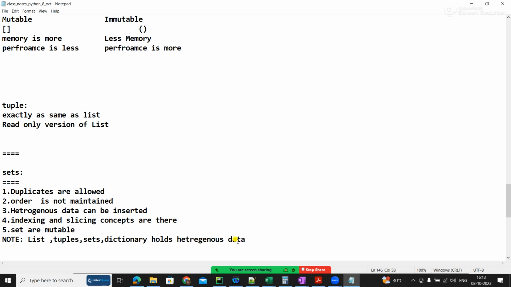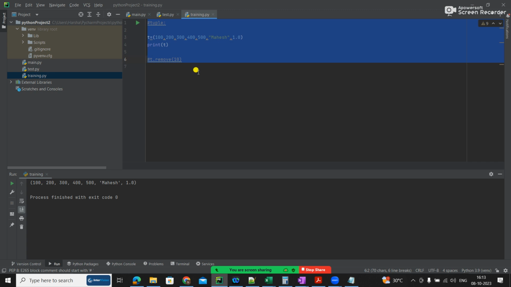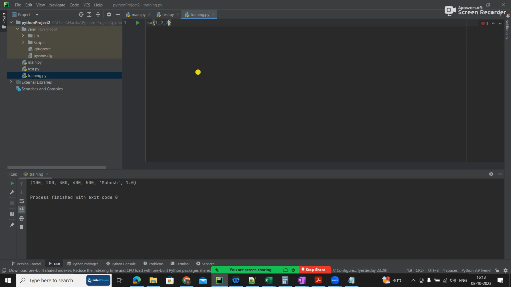So let us do the set. Now you have to tell me, is there any difference or are all these the same? Like if I take S1, S2, with 3, 1, 2, and 2, 3.